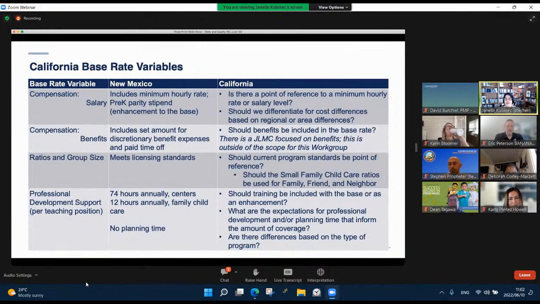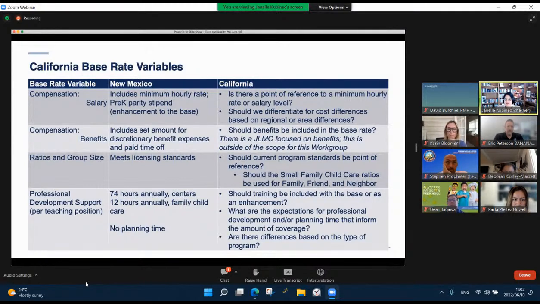Okay, so let me move to the next one, which is professional development support. So this is one where the New Mexico model builds in hours of professional development time that's differentiated based on those in centers and those in family child care. This is built in as some hours that are then addressed in the compensation. There is no planning time in their model, so the questions for the group that we'd